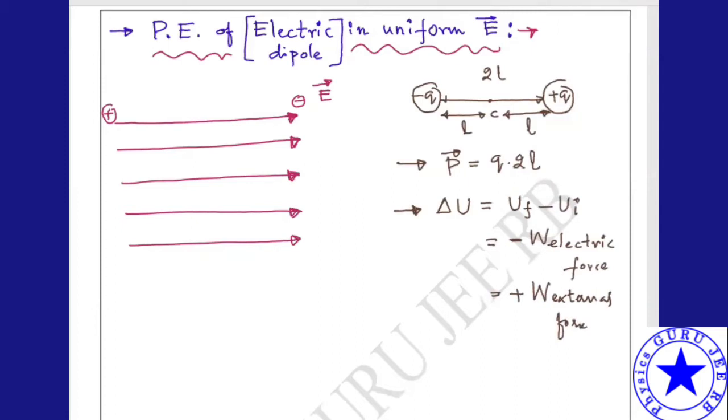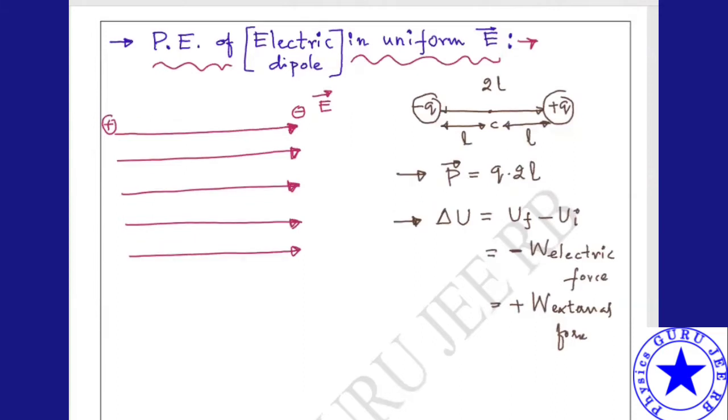Okay, now we have all the information under this heading: potential energy, electric dipole, uniform electric field. Now what I have to do is simply place this electric dipole in a uniform electric field. In the same manner I'll place it here. So this is the electric dipole. Here I placed minus q, and here plus q is placed, making an angle. Let me take it as theta 1, right?